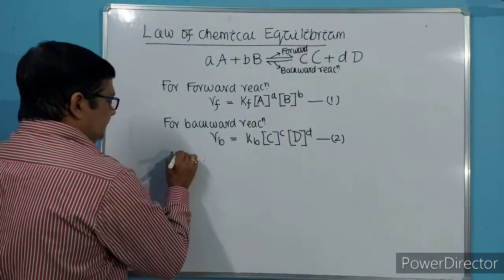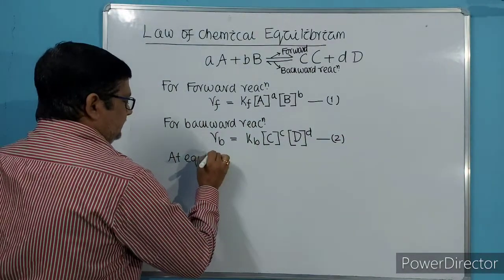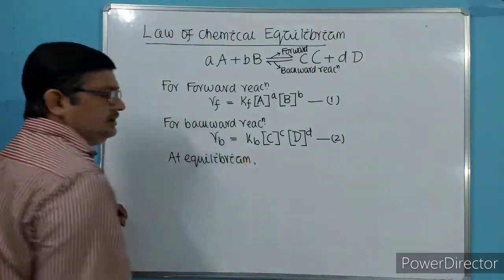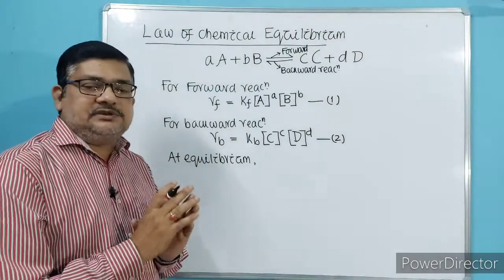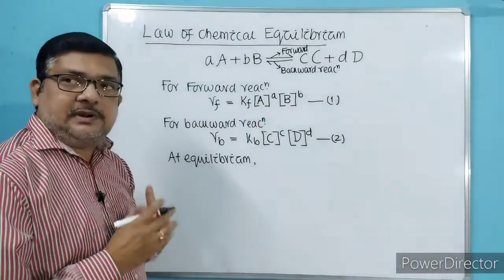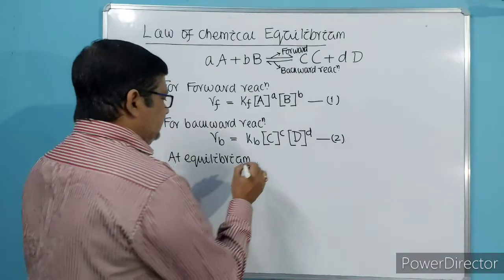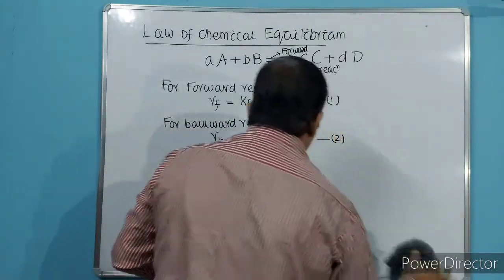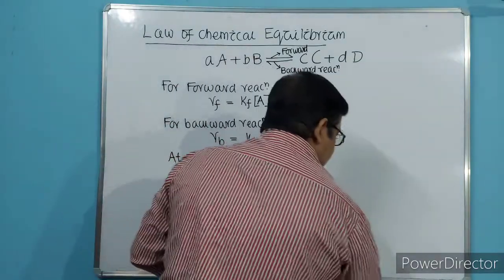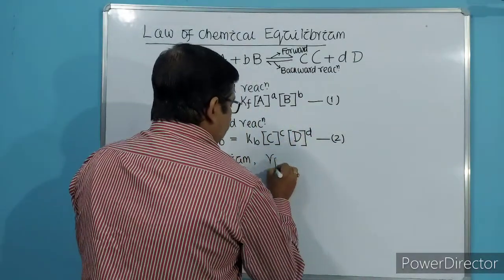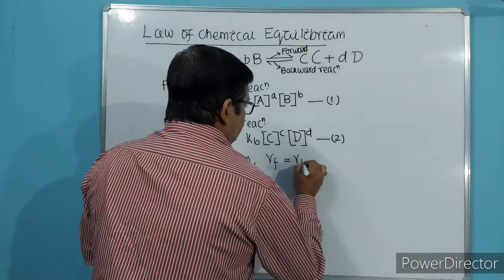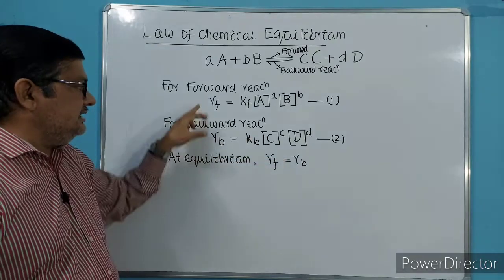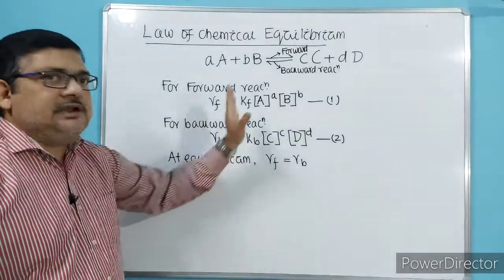We know that at equilibrium, the rates of the opposing processes become equal. Forward reaction and backward reaction are the two opposing reactions. So at equilibrium they will be equal. What can we write? The rate of forward reaction will be equal to the rate of backward reaction. So applying this relationship at equilibrium, the left hand side becomes the same, so we can equate the right hand side.